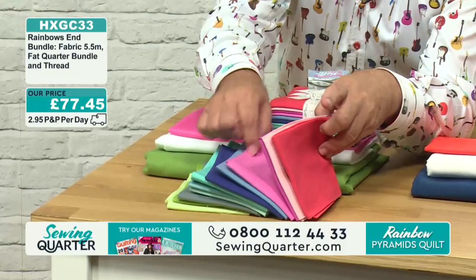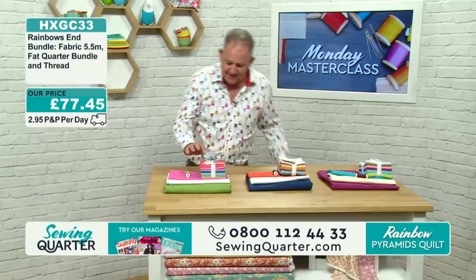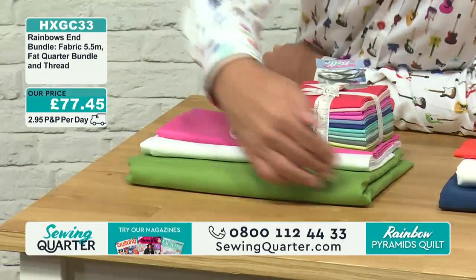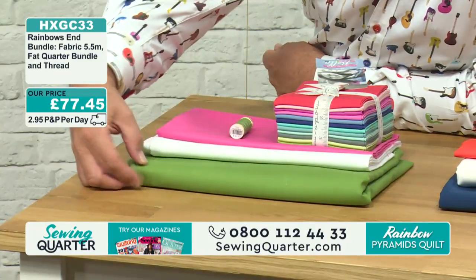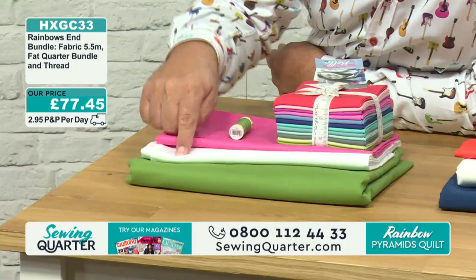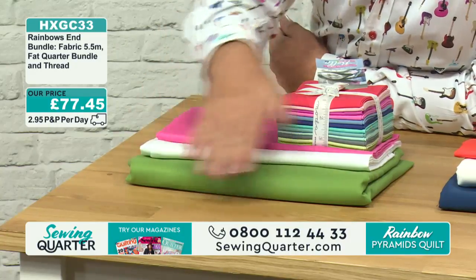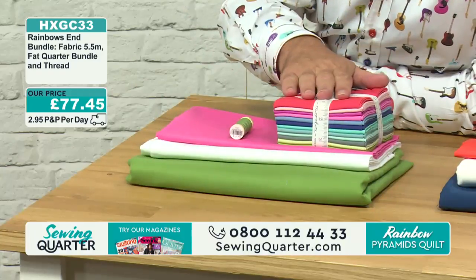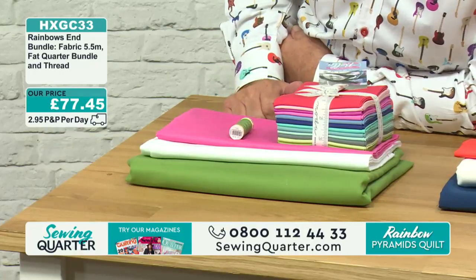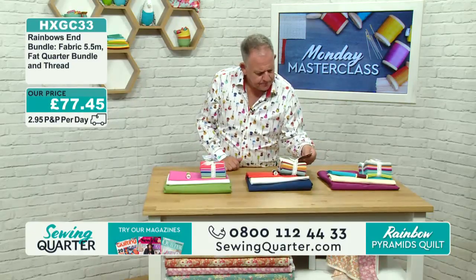You only need 10 of them for the quilt. So you get all of those colours. This is called Rainbow's End. So this is Kate Spain. So you get that fat quarter. You get the green thread. Now, the green backing here, you get 3.5 metres of that one. And then 1.5 metres of the optical white and 0.5 metre of the magenta. So that is that bundle. So 5.5 metres in total, plus the fat quarter, plus the thread for £77.45. OK? Now we'll move on to the next one, which is...